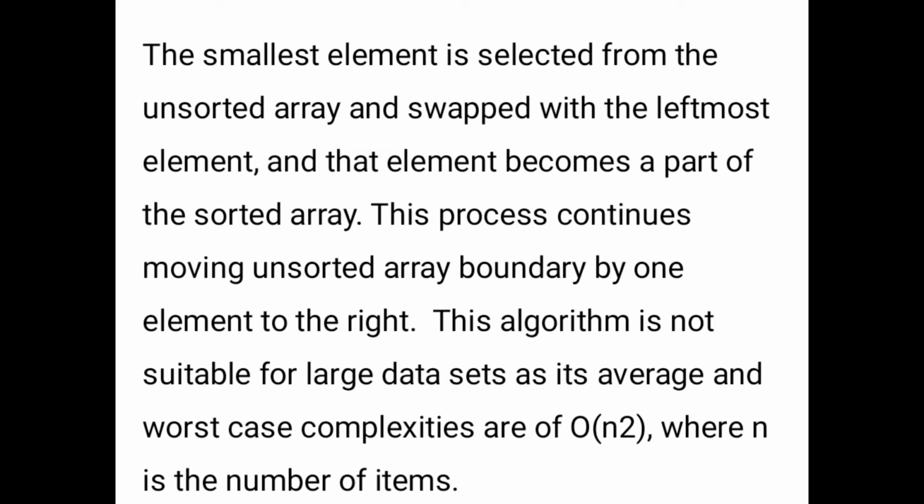Okay, so this is selection sort, but if we have a lot of elements, it is not efficient. This is not a suitable technique to solve this problem, because the complexity is big O of n square, where n is the number of items. So selection sort is not suitable for large numbers of elements. If you have a large number of elements to sort, this is not a suitable method because the complexity is high. The complexity is big O of n square.